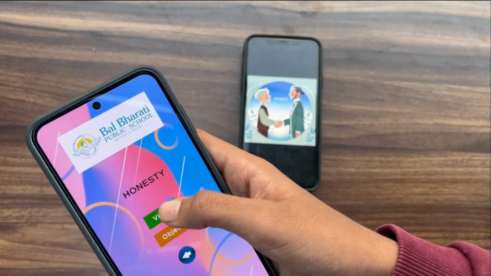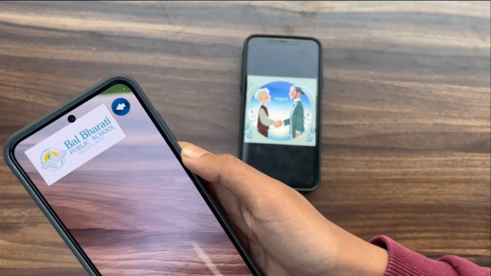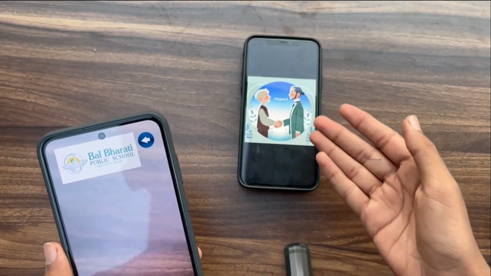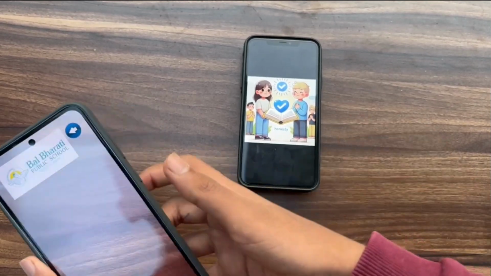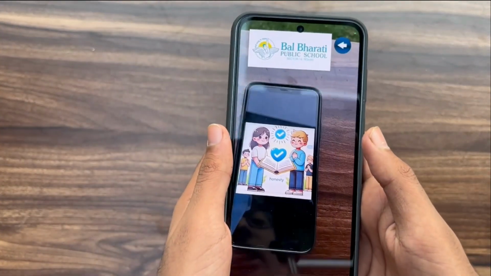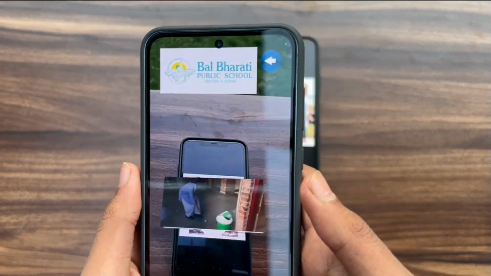As we select video, our camera turns on so we can select the trigger image. The respective trigger image for honesty is this one. So if we take this and scan our trigger image. Being honest about mistakes is the path to